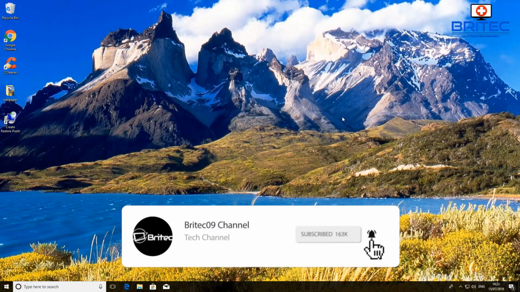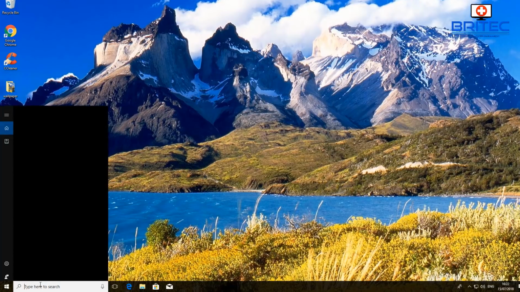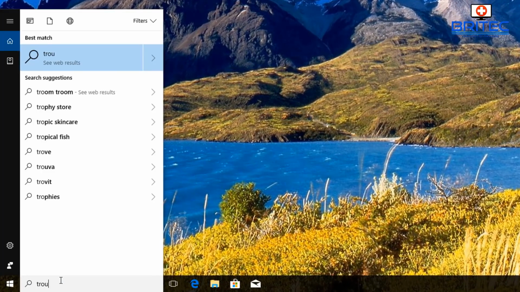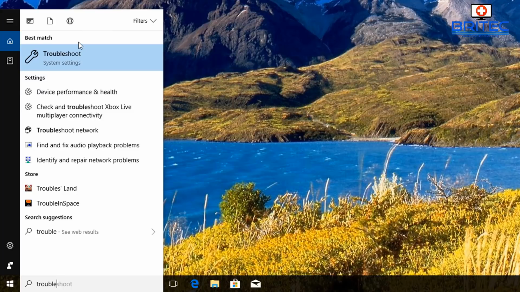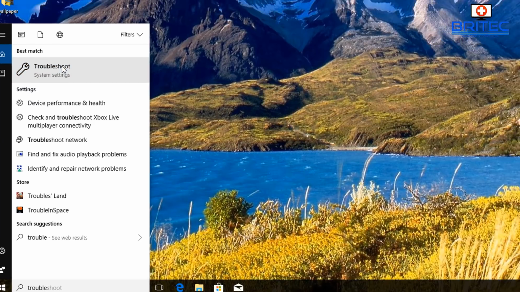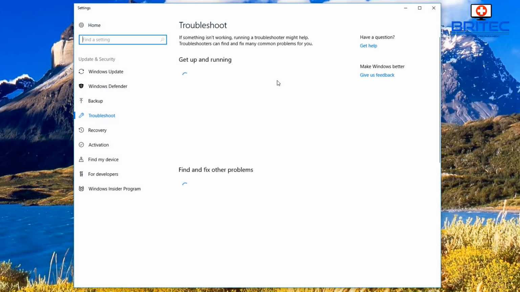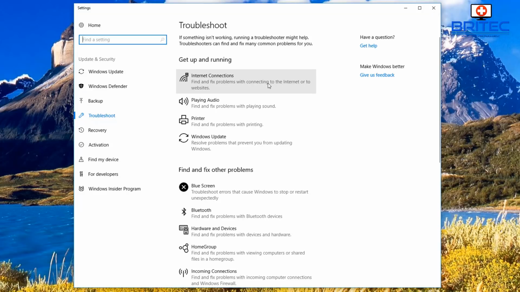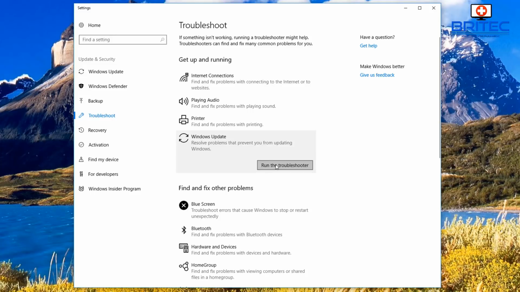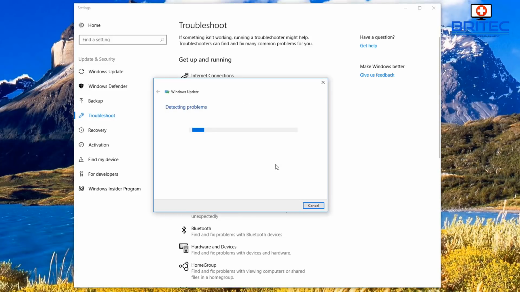First off, we're going to go down to the search box and type in "trouble" or "troubleshoot", and you can click on Troubleshoot. This will open up another box where you'll be able to go to where it says Windows Update and run a troubleshooter. It will run through some tests and try to fix any issues that you're having with the Windows Update. So run the troubleshooter and let it run, and it may take a bit of time, so